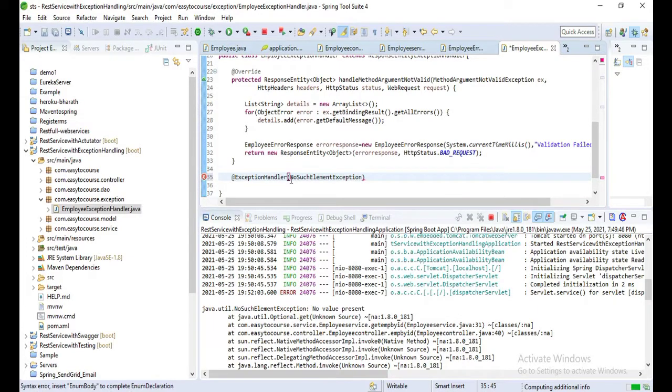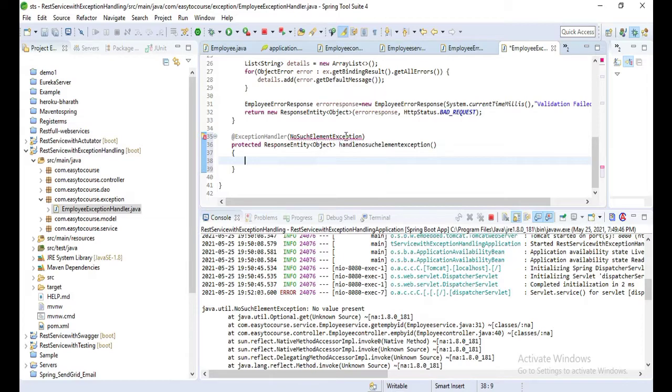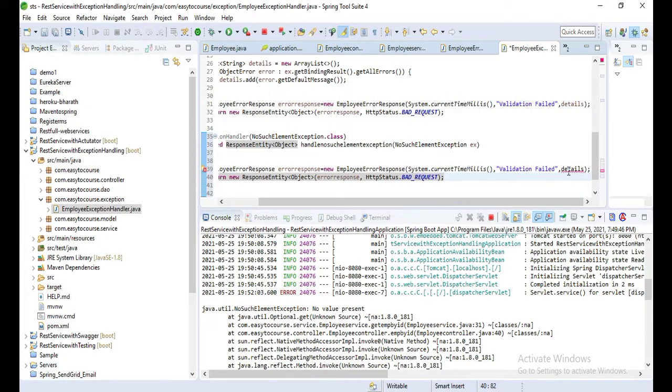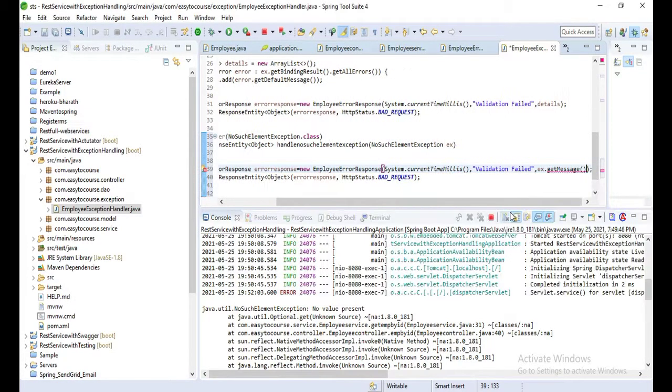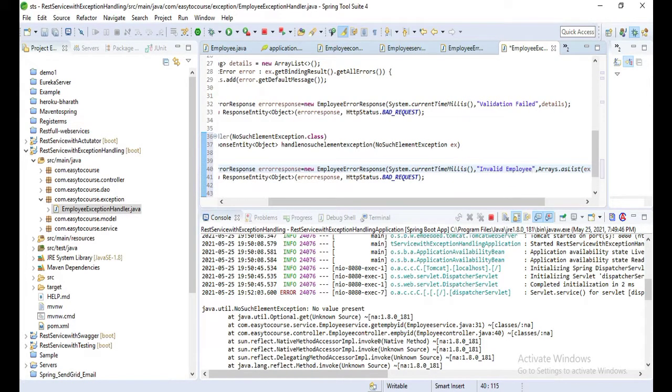Here we need to write @ExceptionHandler for that class, NoSuchElementException.class, and we'll write some method which will handle that exception whenever it occurs. Now create an object of our employee error response. Now here we need to pass the exception message as a list, so I will write Arrays.asList.